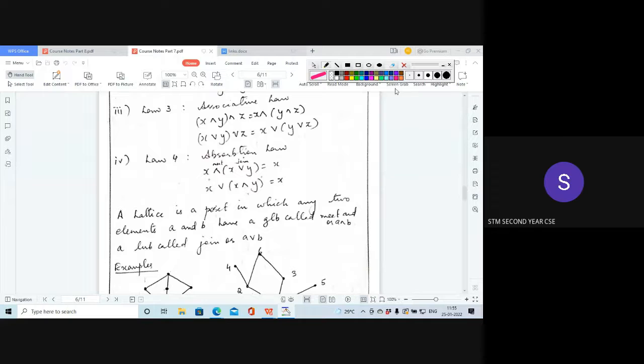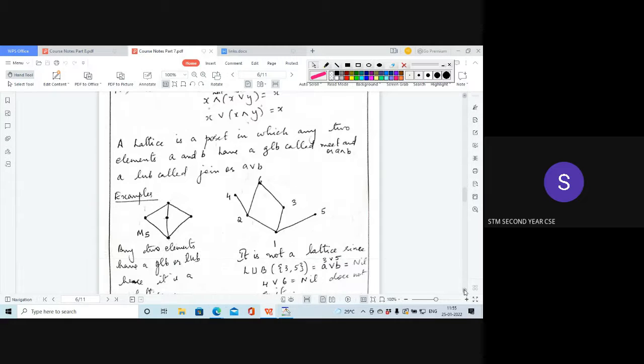Now, let us consider some examples. Let us check if the following Hasse diagrams are lattice or not. Some diagrams are given to you, and you have to check whether it is a lattice or not. Now, you can write down the examples. Okay, the first example, let us see. This example we had considered earlier, isn't it? This one we had taken earlier. Is it a lattice?